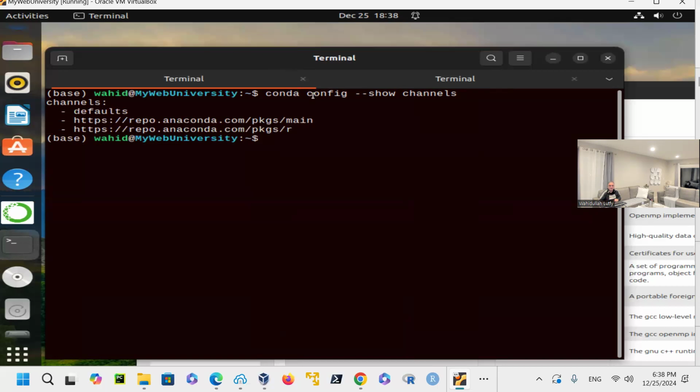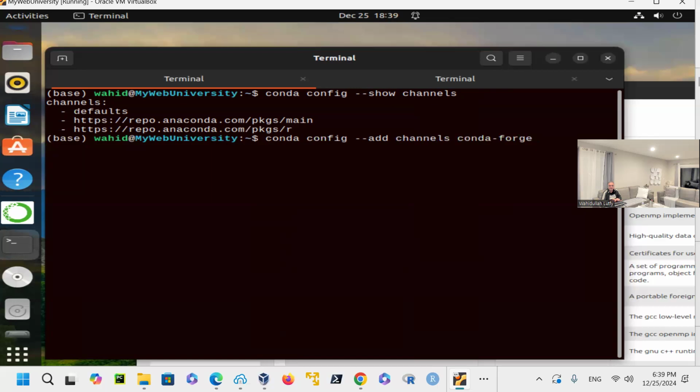That's why the argument is config. I told you that you have to do it in a methodical or structured way. By knowing this is a config, I could say, well, there's an argument to show the current one, but if I want to add another, this is what I mean by methodical. It's like a method that you use in order to say, oh, the channel I want to add